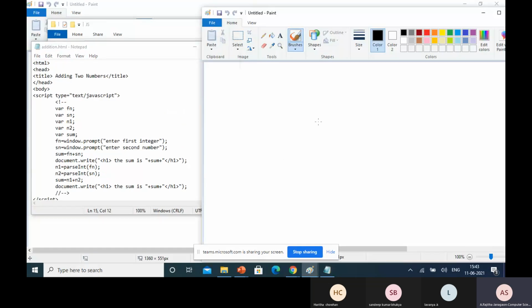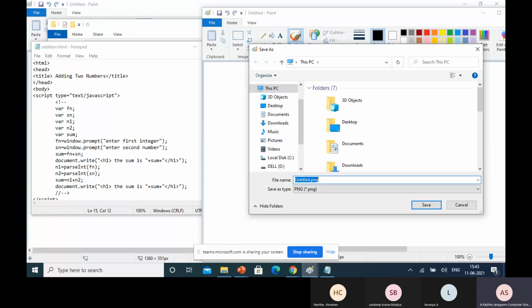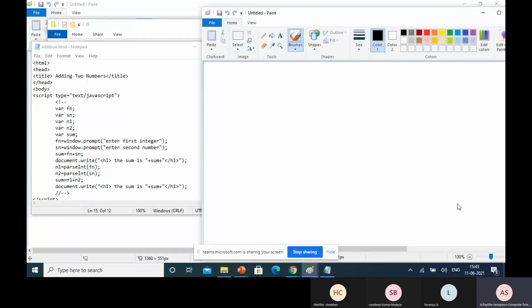Now see here memory location. How are the memory locations there? Suppose in this program, in the memory locations, n1 contains some number and n2 contains some number.